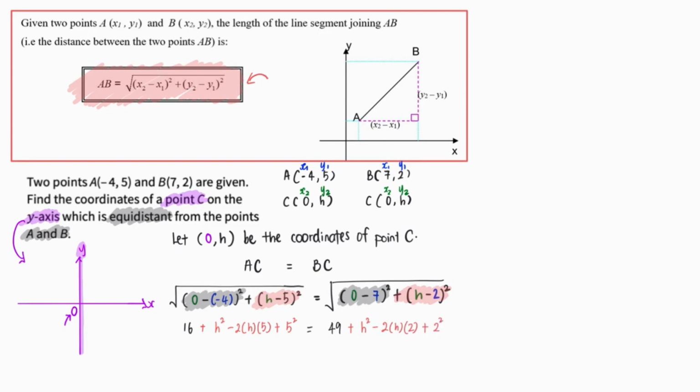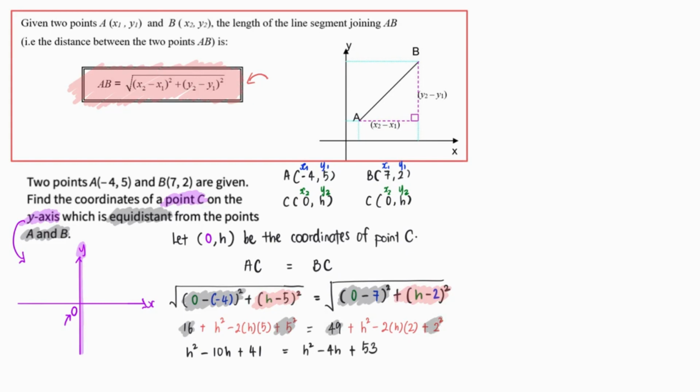Let's continue to expand and simplify, alright? So I would have h square minus 10h, 16 plus 5 square would be 41, and this will be equal to h square minus 4h, and on the other side of the equation, 49 plus 2 square will be equal to